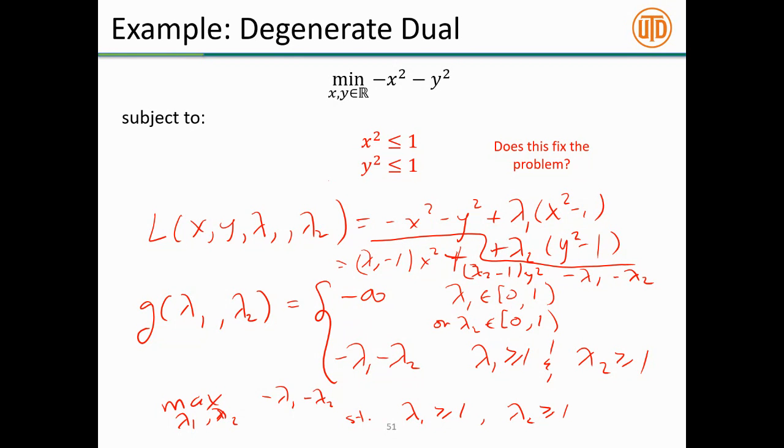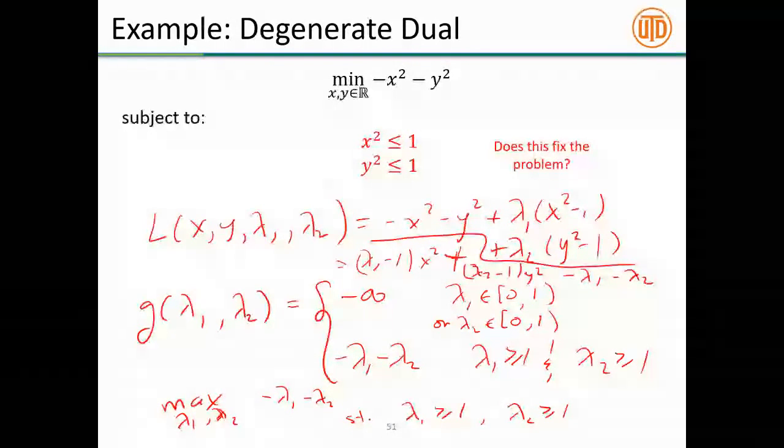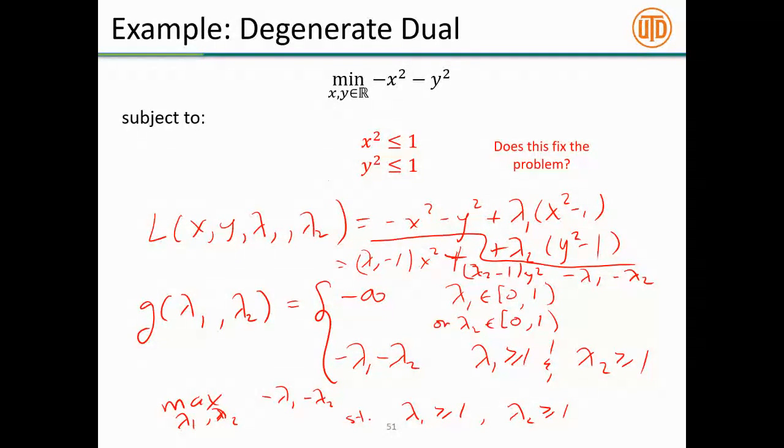So instead of having a degenerate dual function like we did before, where the dual was just negative infinity, if I rewrote the constraints just slightly, I in fact get that there is 0 duality gap for this formulation of the problem. The first time you see something like this, it might be a little mind-numbing. Wow, it really depended on the way that we formulated this problem. And this is just a general feature of these dual problems. The dual will very much depend on how you specify the constraints.